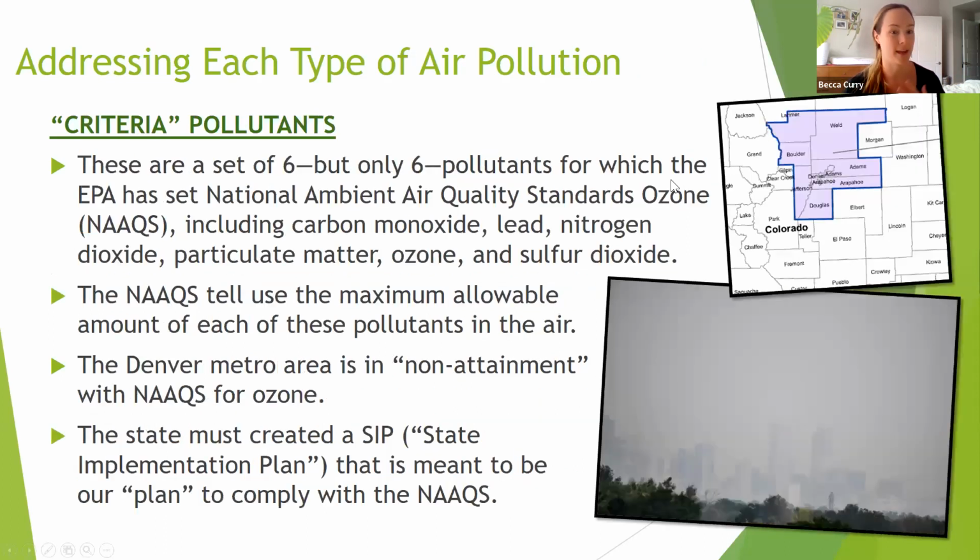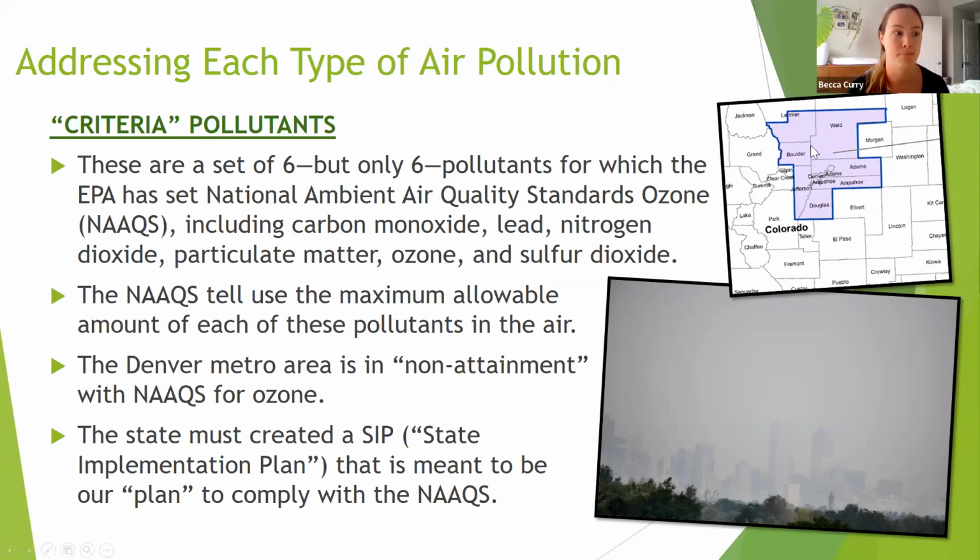Moving on to that next bucket, this is where ozone falls. These criteria pollutants, again, are a set of only 6 pollutants for which the EPA has set these national ambient air quality standards. And sorry, ozone's just hanging out in the middle of my slide there. But yes, ozone is one of those. The 6 pollutants include carbon monoxide, lead, nitrogen dioxide, particulate matter, ozone, and sulfur dioxide. The 2 criteria pollutants that are particularly relevant in Colorado and Denver are ozone and particulate matter. Much of the North Denver metro area, the area highlighted in purple on this map,